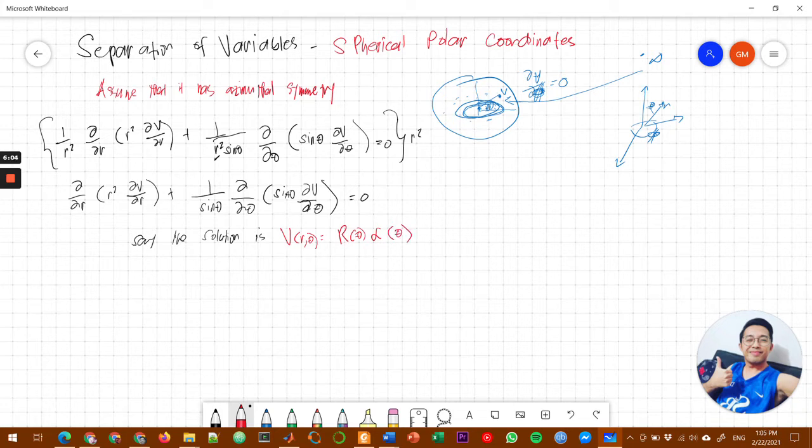So, ang solution is separated siya, two separate variables, entirely separate. We have in terms of r only and in terms of theta only, given by alpha. Okay? So, the same process gihapon as we did before sa Cartesian coordinate, we'll substitute this V solution sa atong Laplace equation so that we get